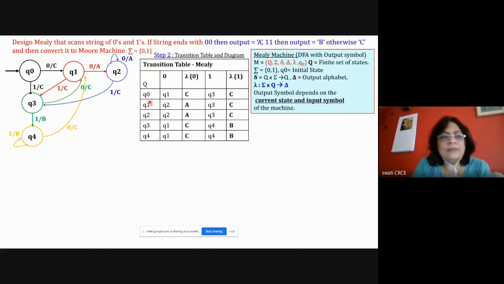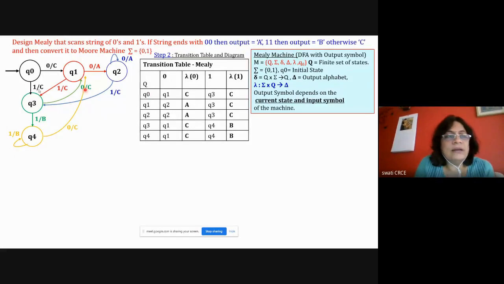In the transition table of Mealy machine, what we do? We write down all the states. So write down all the states Q0 to Q4 here. Then you write down here all the columns. That delta function for 0 and delta function for 1 in the third column. This fourth column. This is the delta function for 0 input symbol and this is the delta function for 1 input symbol. And then here lambda for 0 and lambda for 1 in the state Q0 because lambda depends on the symbol and the state. So this particular cell depends on the input symbol 0 and the state Q0.